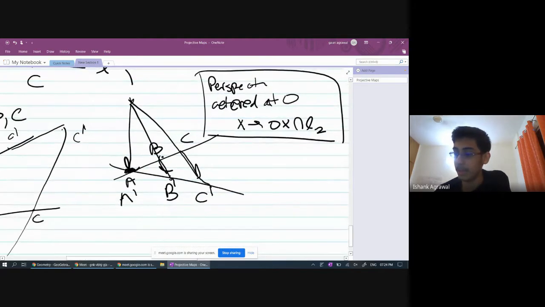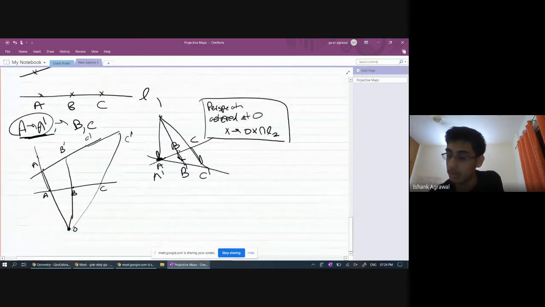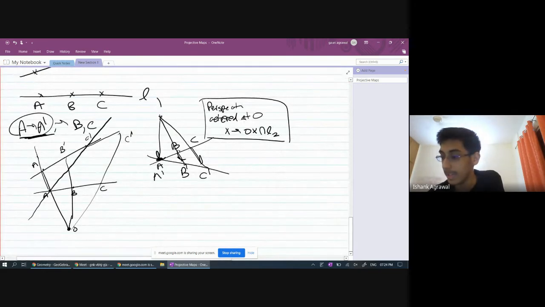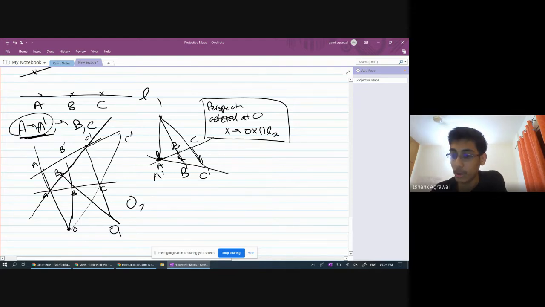So basically with this in place, what we do is we create an auxiliary line AC dash. And then we map B to some point B1 through this first projectivity. So the projectivity at O1 would send A to A, B to B1, and C to C dash. And then after that, what we do,